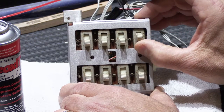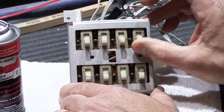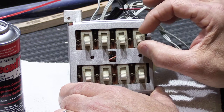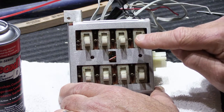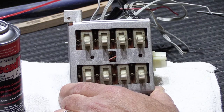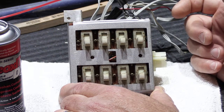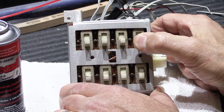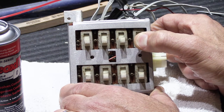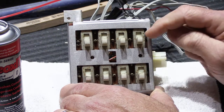And you should only have to push it with a reasonable amount of effort. If you have to push it so hard that the end of your thumb is turning white, that's too hard. Also, you need to be aware of, when you wiggle the stem of the switch, if you hear that station cut in and out, or you have a station that doesn't play all the time regularly, but if you push the switch and hold it and wiggle it around carefully until you find that spot where the speaker plays, but as soon as you let go of it, the speaker stops,